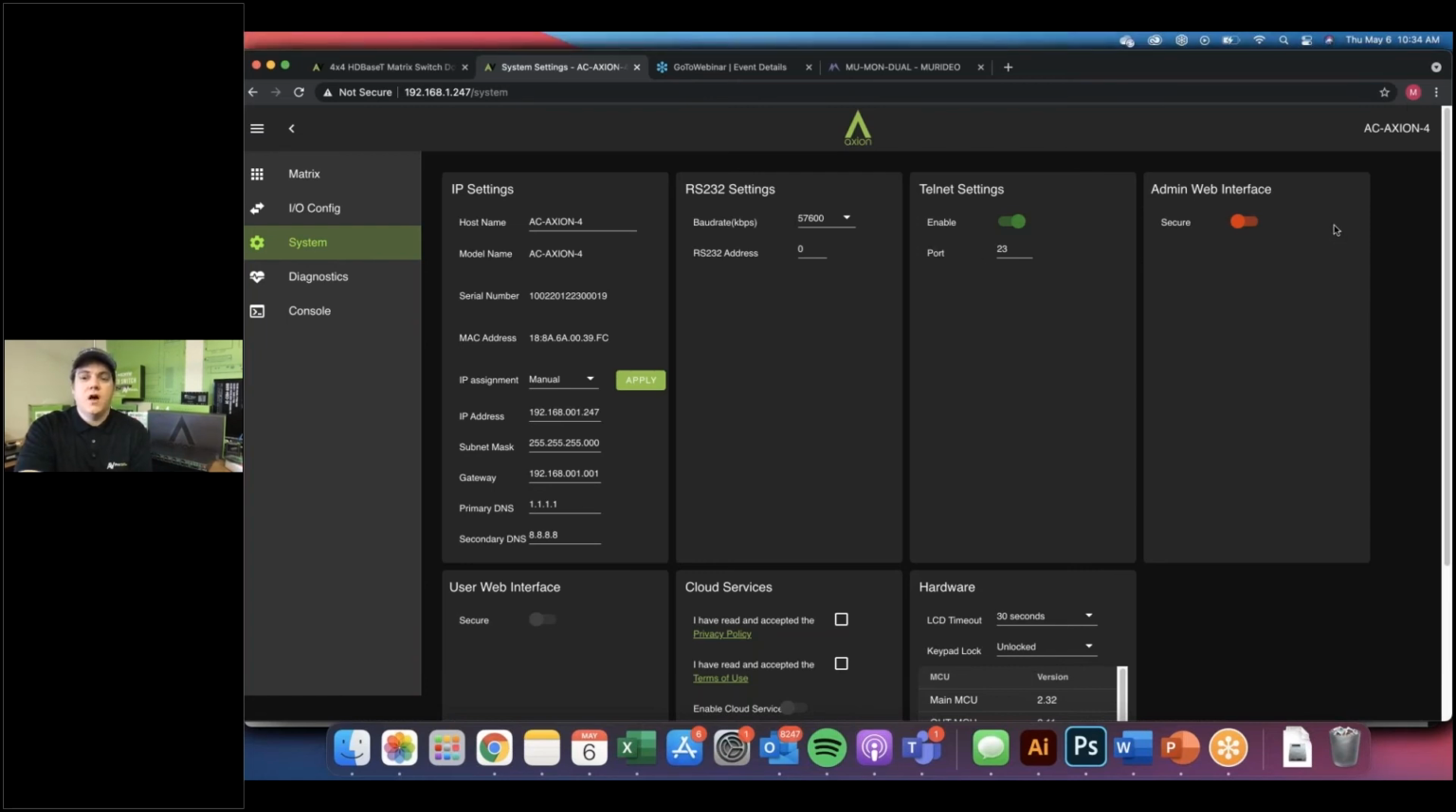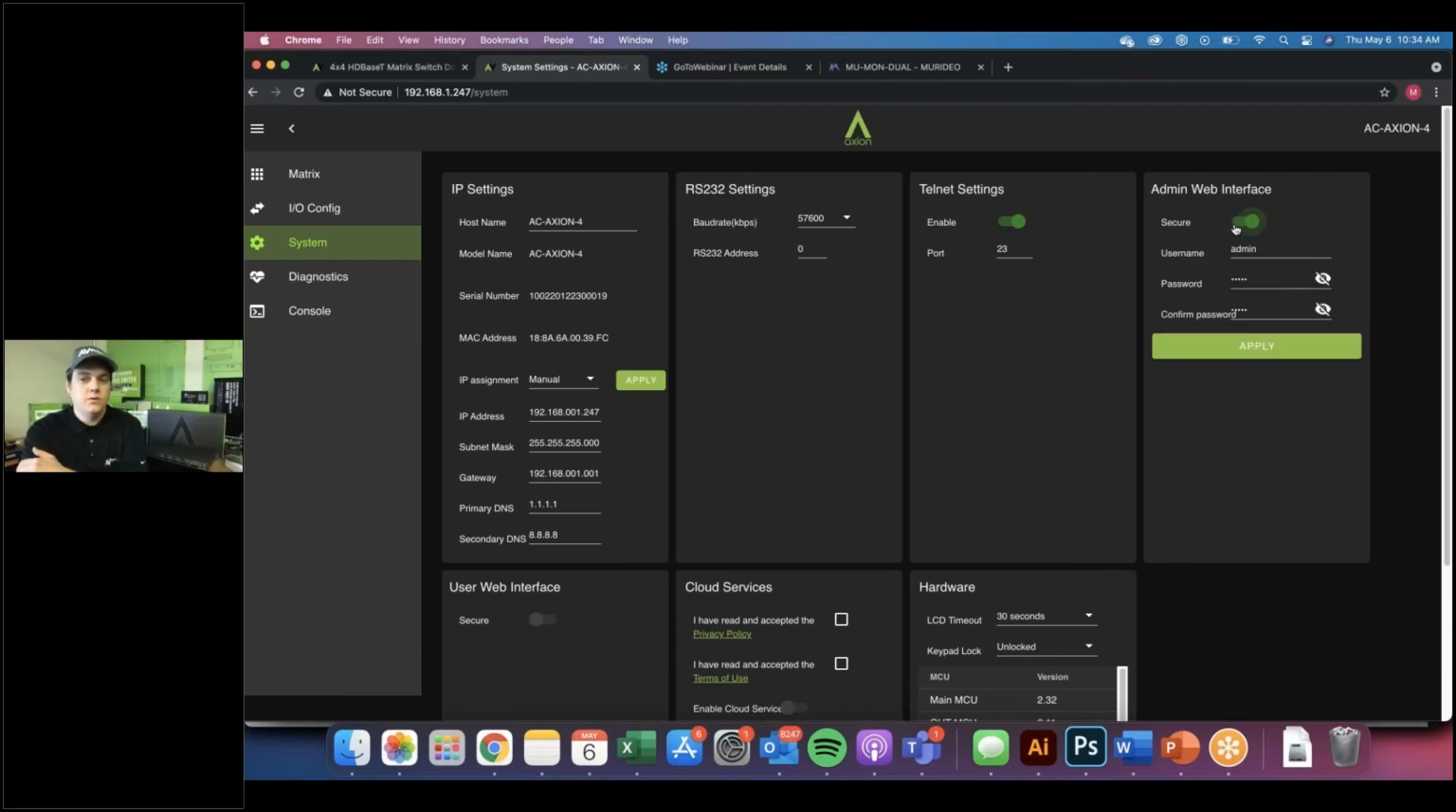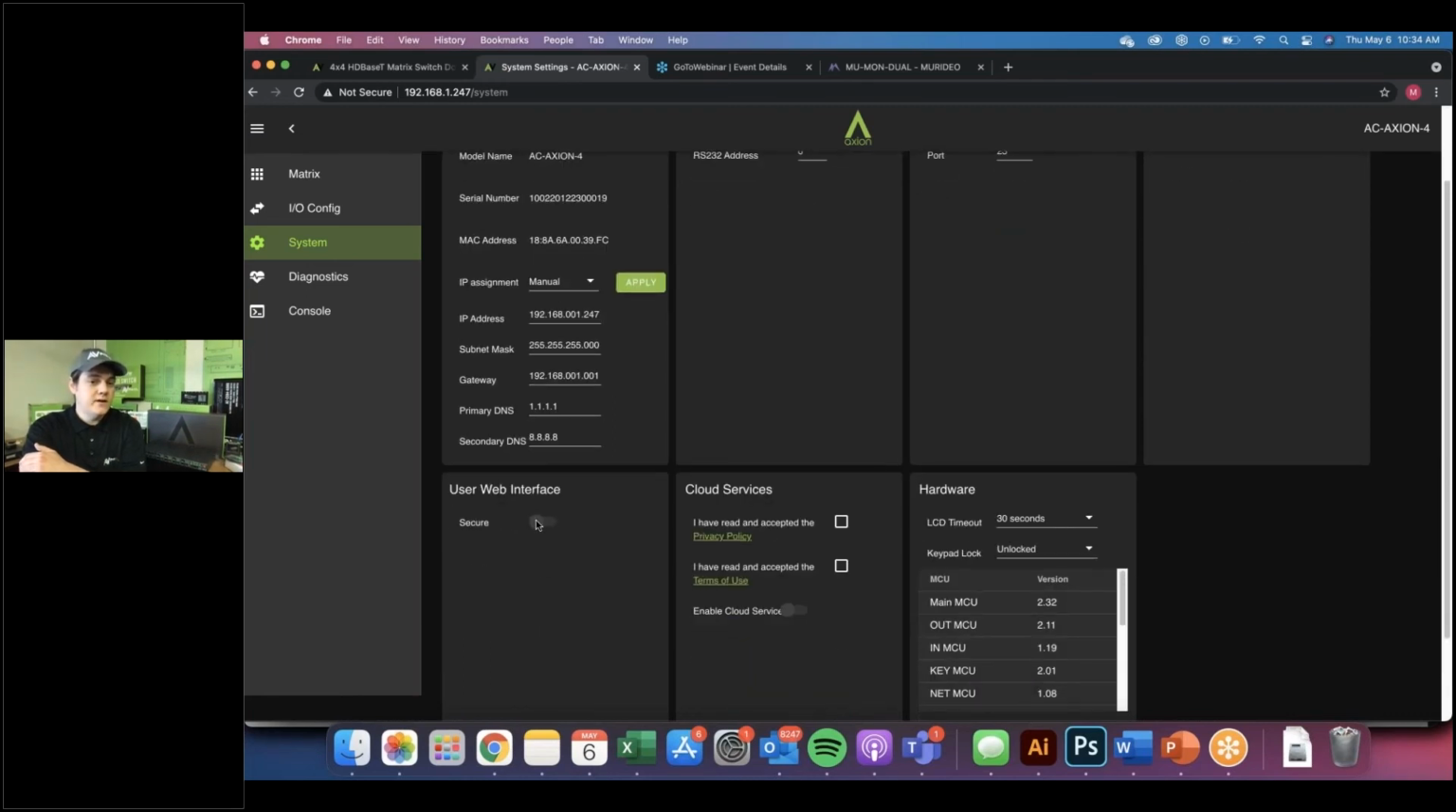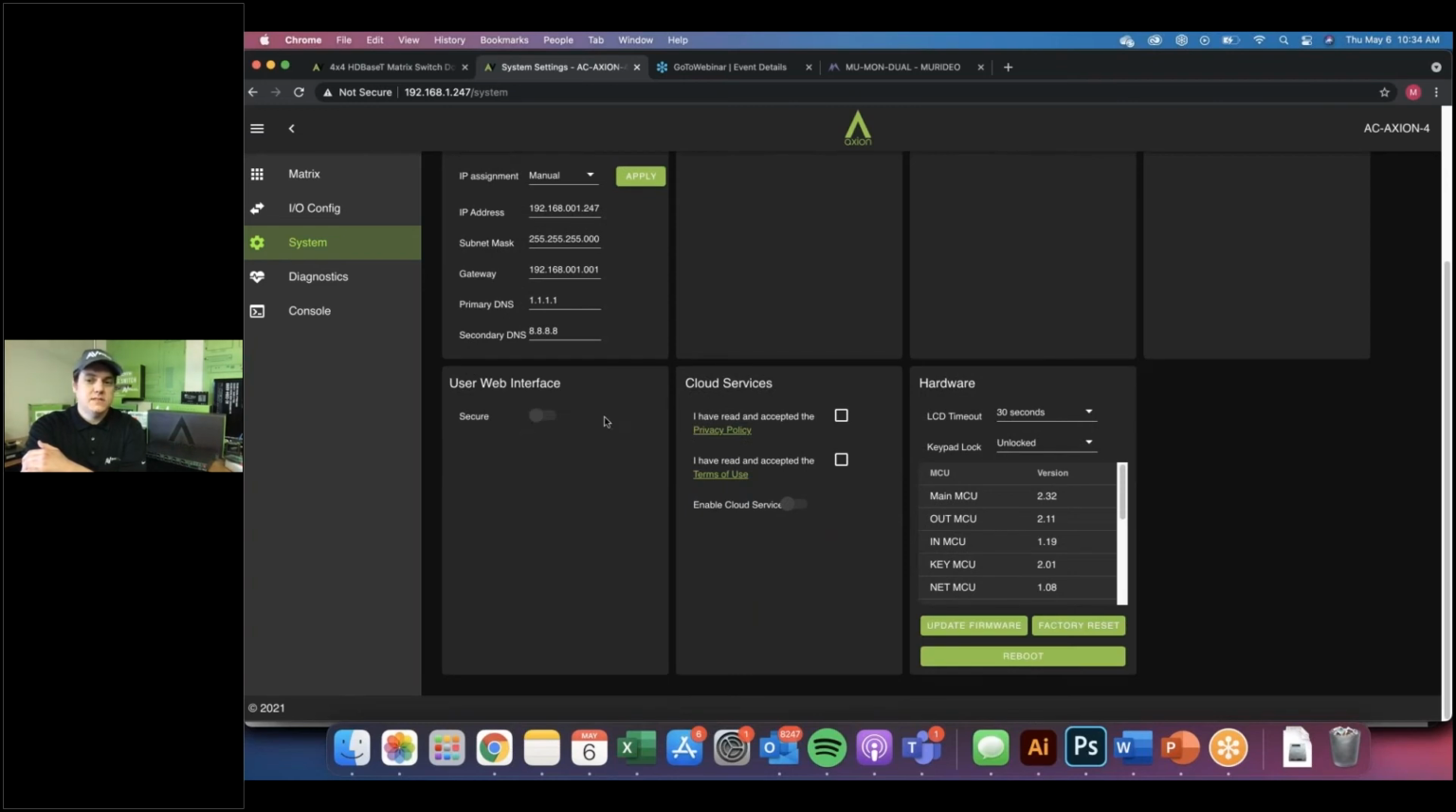You have the admin web interface. So if you wanted to set a password on this, so that only the integrator could get in, you can do that. You actually can set up a user web interface password as well. So with this, I could set it up so that you are able to,